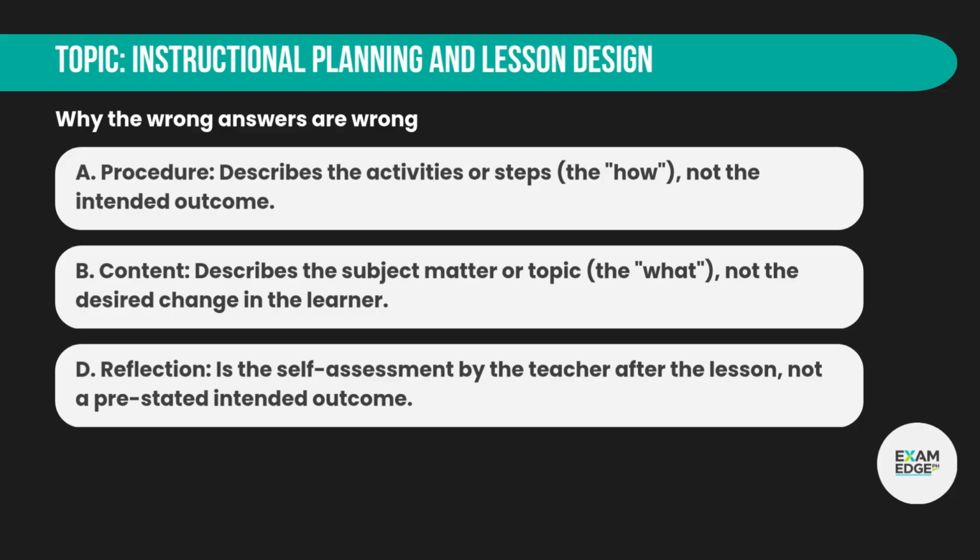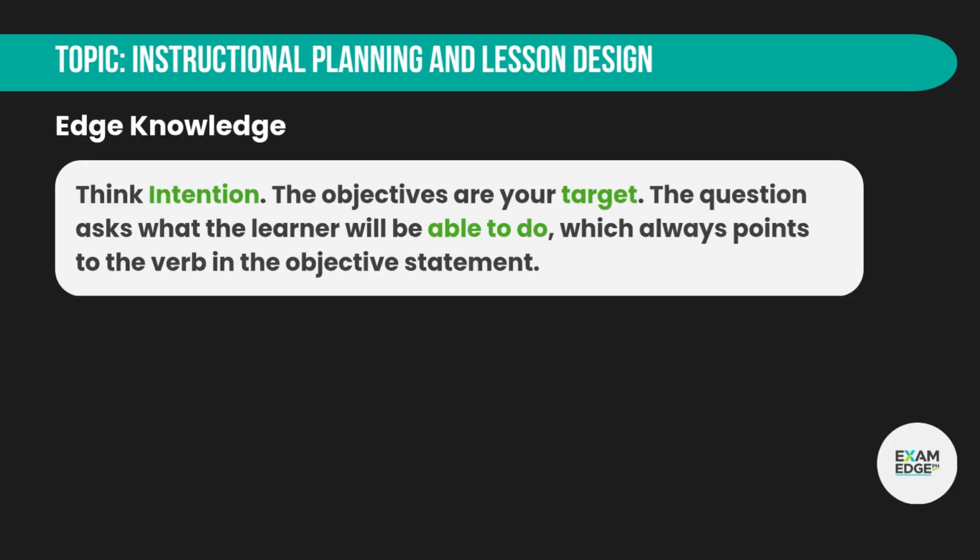A. Procedure. Describes the activities or steps, the how, not the intended outcome. B. Content. Describes the subject matter or topic, the what, not the desired change in the learner. D. Reflection. Is the self-assessment by the teacher after the lesson, not a pre-stated intended outcome. Edge knowledge. Think intention. The objectives are your target. The question asks what the learner will be able to do, which always points to the verb in the objective